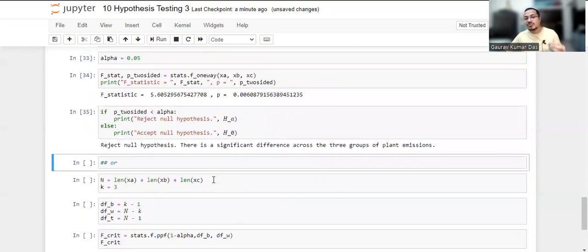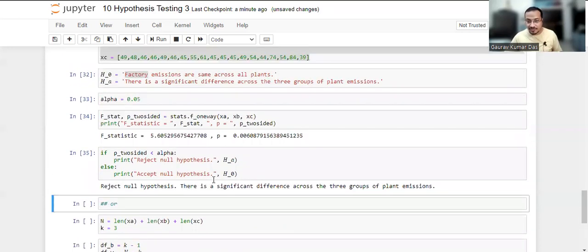If I now want to calculate, suppose, the F critical, what do I need? For F critical, just like we have stats.chi2.ppf,